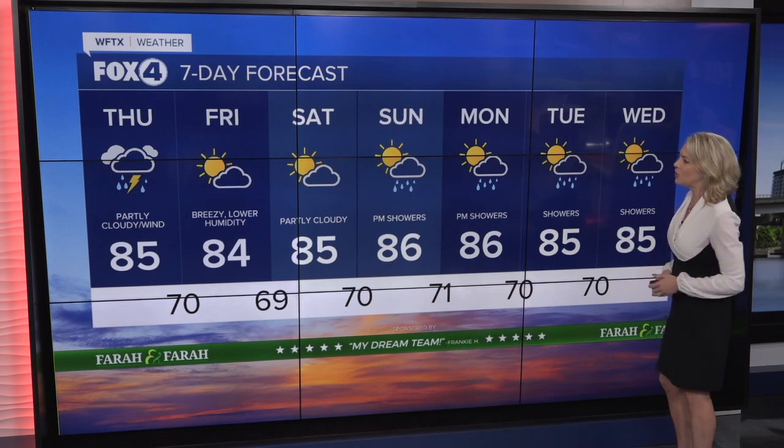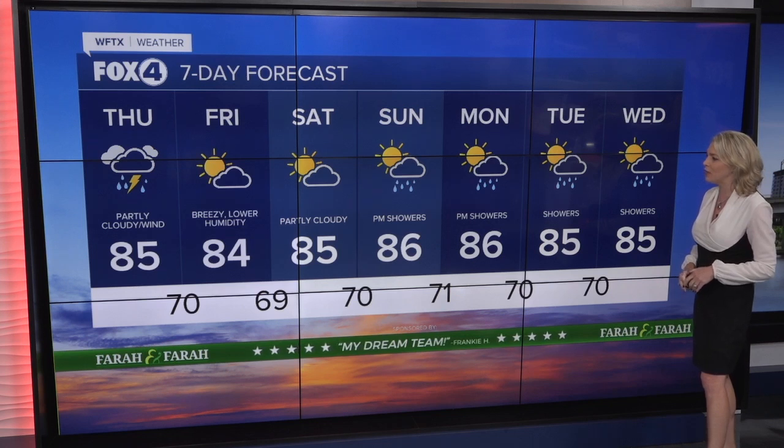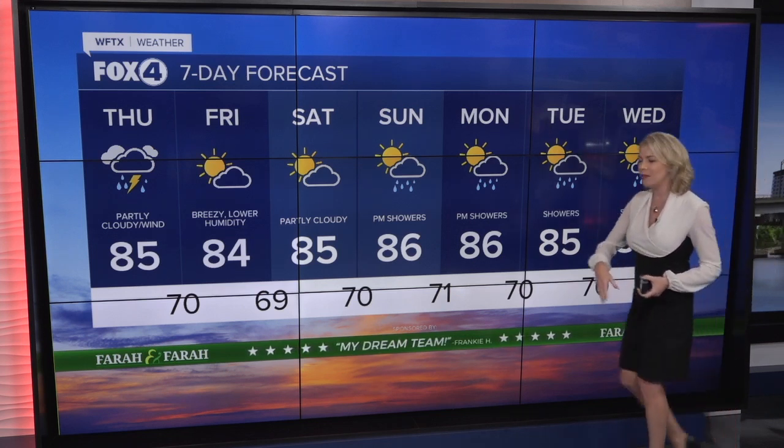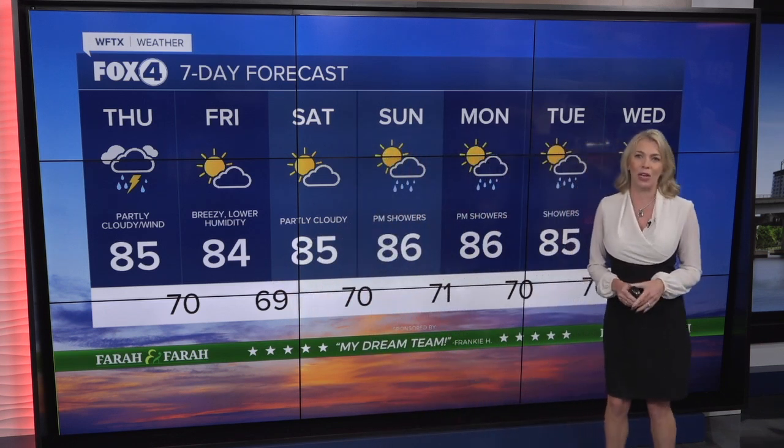So as we head into tomorrow, partly cloudy, windy. Looking ahead to your Friday, it's breezy, lower humidity. And by the way, remember in the wake of Ian how we enjoyed a little break from the heat and humidity? Morning temperatures dropping back to the upper 60s for your Saturday morning. We'll take